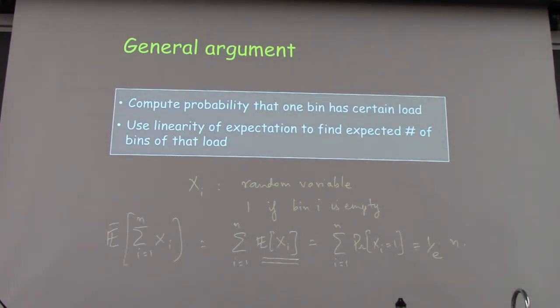Any questions about this? This notion of linearity of expectation, as I said, is a very powerful one, and this splitting up of the expectation of a sum into a sum of expectations is true no matter how correlated these variables are. That is the important point. In this case, our xi's are somewhat correlated. They're not that correlated, but they're somewhat correlated, because if one bin is empty, then it's more likely that another bin is not empty, because n balls have to go into all of these bins. So linearity of expectation holds here in general.